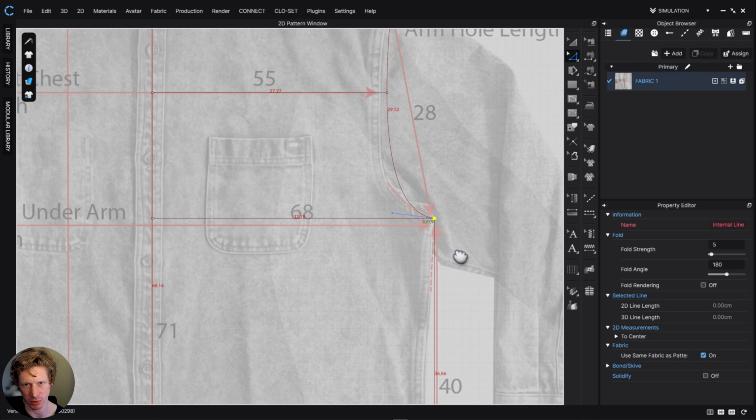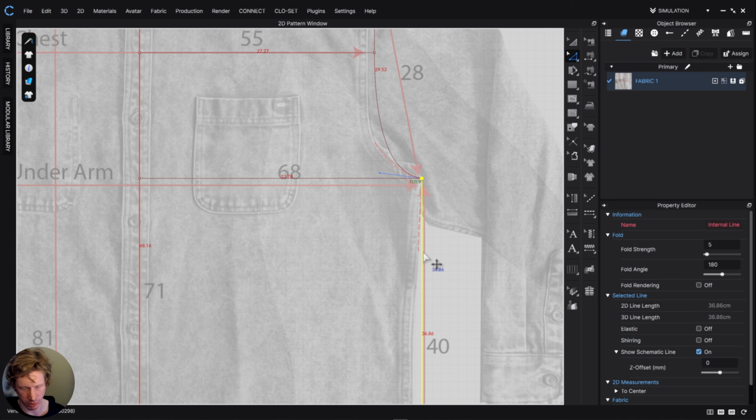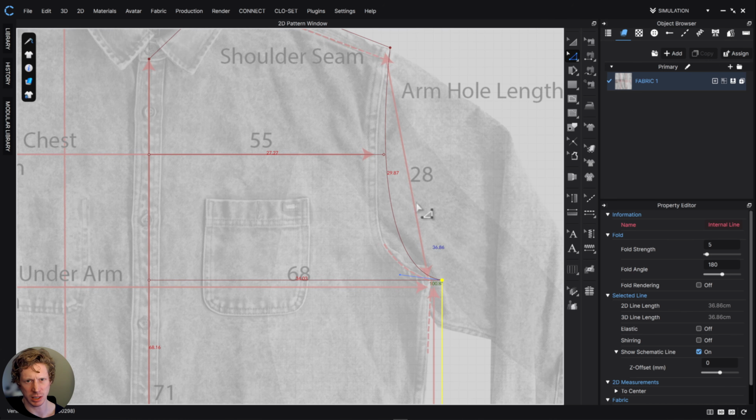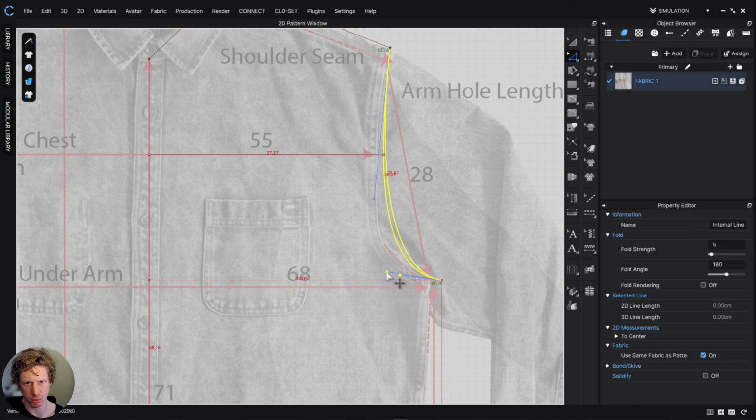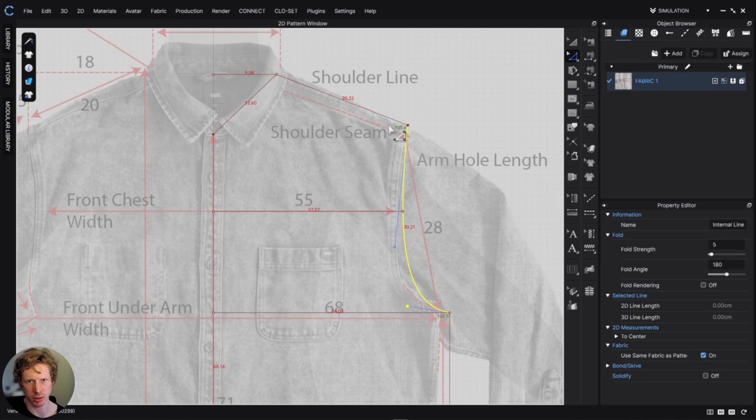If I just select these points here, just drag and select, and it'll select all these lines and all these points together. And then I'm going to press Shift and select just this vertical line. I just drag this out a little bit until I get to almost 34. There, 34 centimeters. So again, we'll look at this armhole quickly. It looks quite wide now, so I think we can just scoop this in a bit. And then, yeah, the shoulder length is good. We just need to increase this